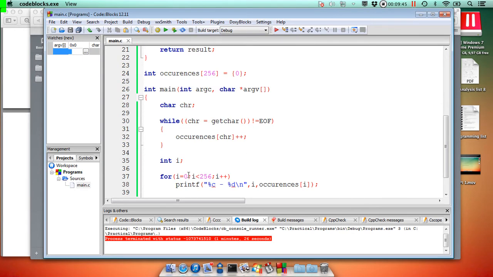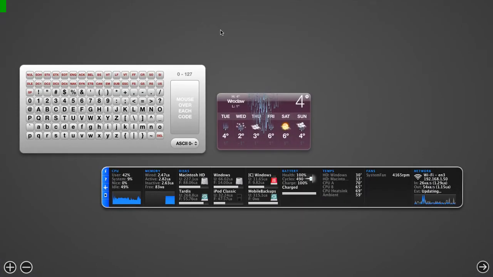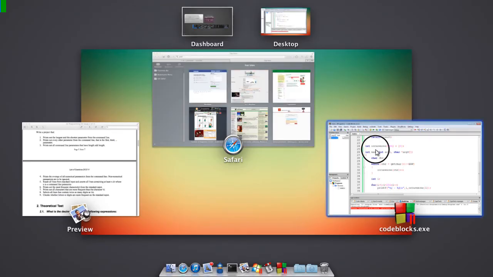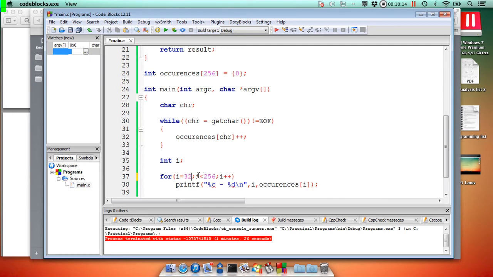But we are just interested in the characters from, let's see, from 33, because this is space. We are interested in space. We have to print whether space was in the input because we can put it with our keyboard. It's pretty normal. 32, actually to 126, because we cannot put delete in a file, right? So 32 to 126. Let's do it. Initial value 32, up to 126,